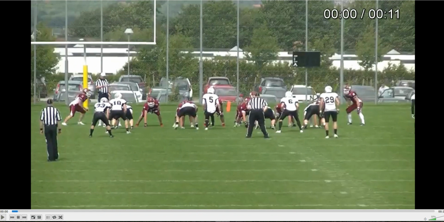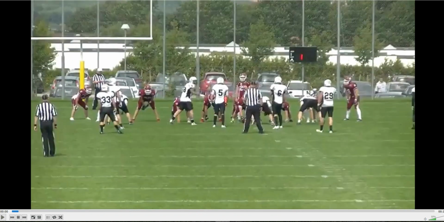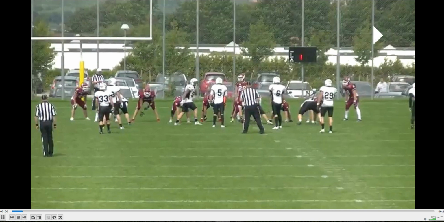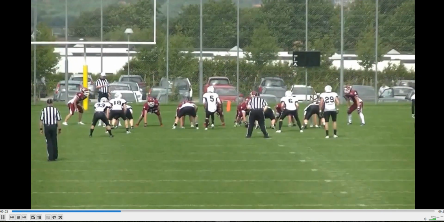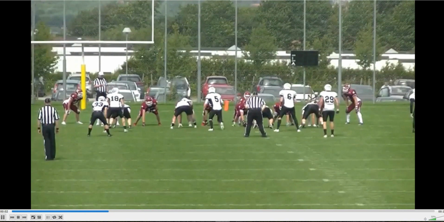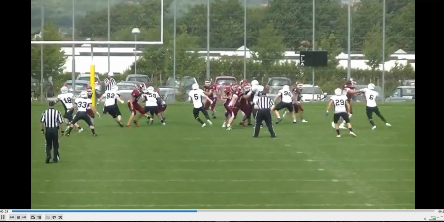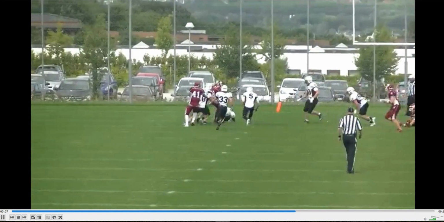Now, as for a back judge key, let's just say, since the back judge is in the picture here, this is your primary key as the back judge, and you see him go into what you think is motion. Immediately you shift over to your backup key and you see him, and he's also in motion, so you know something's up. But as a deep official, I would advise against ever calling this illegal shift or illegal motion or false start, anything like that. As a deep official, just leave it for the wings.